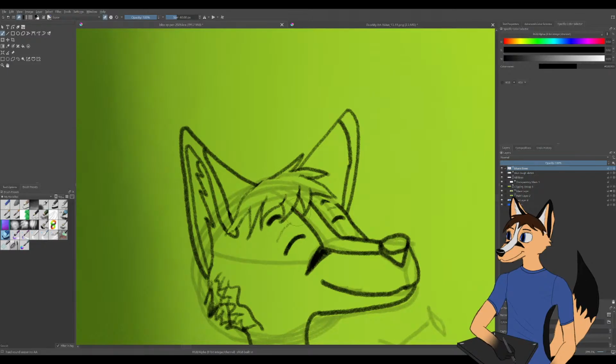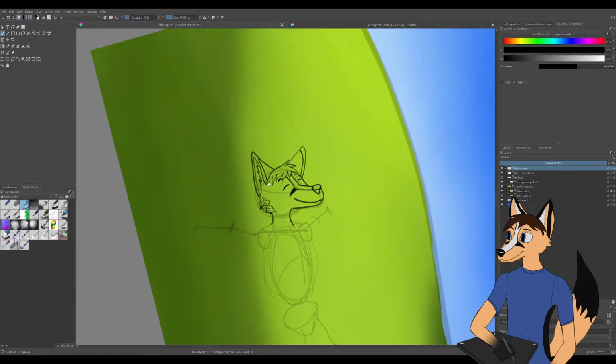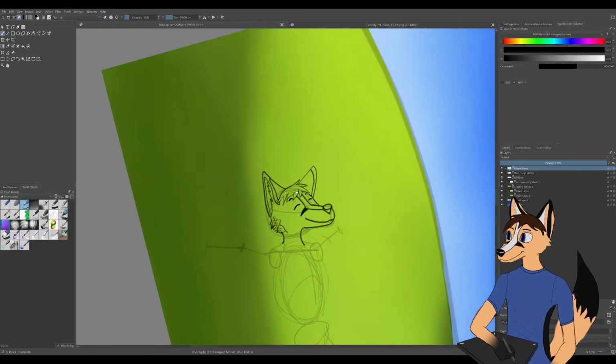I hope I can render his hair to look that good, because the line art looks great, but the line art's not going to be part of the painting. So hopefully I can actually render his hair well this time, because that's something I really struggle with when I'm painting. I don't know how to render hair very well, just fur, which is kind of funny.